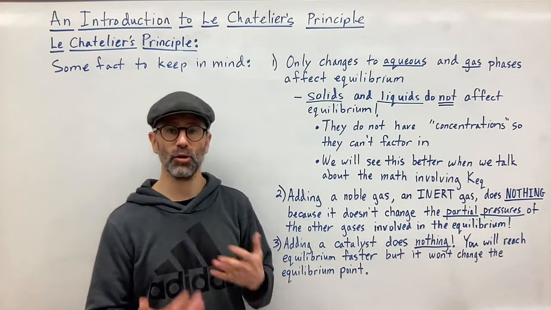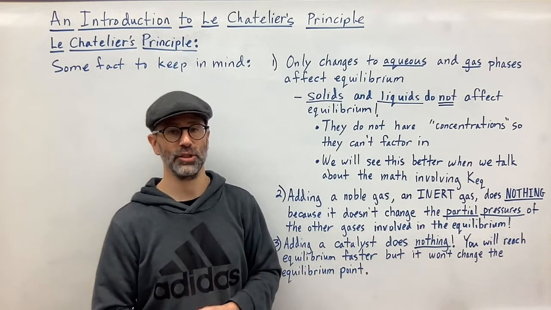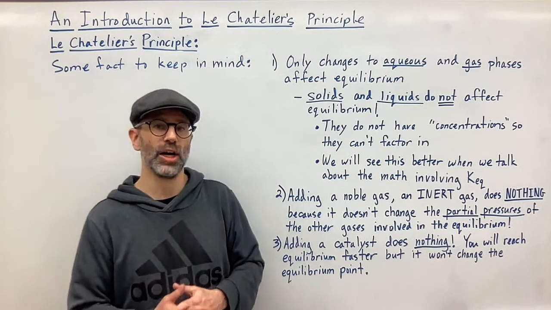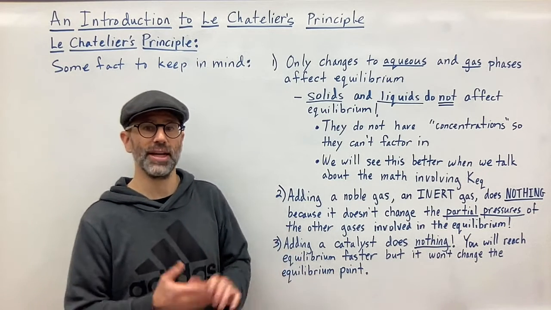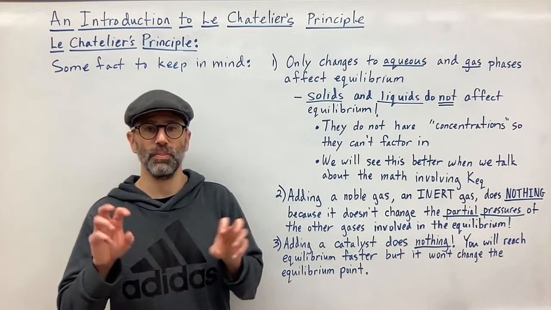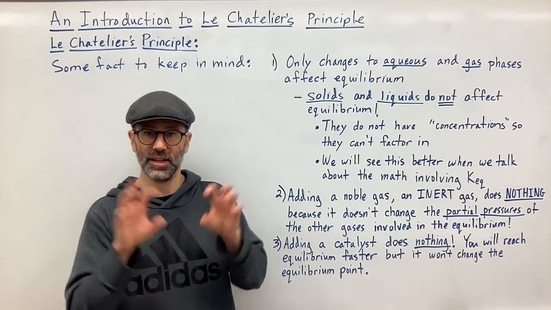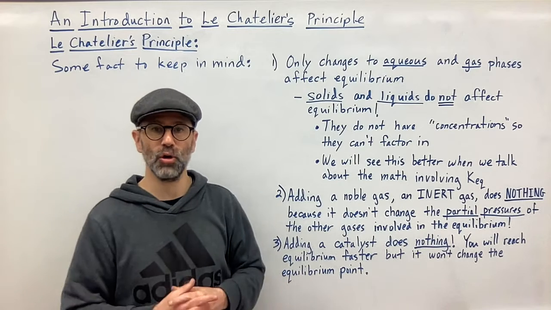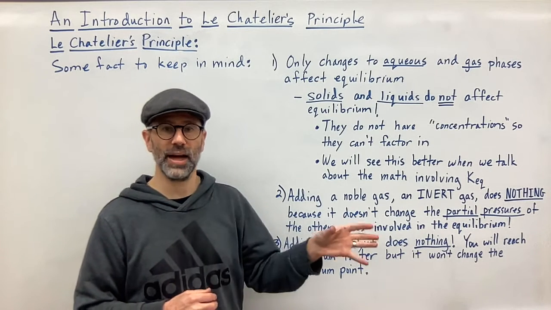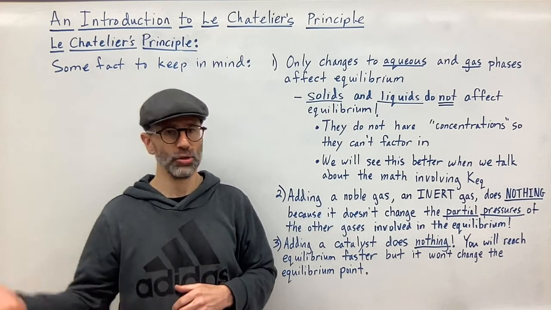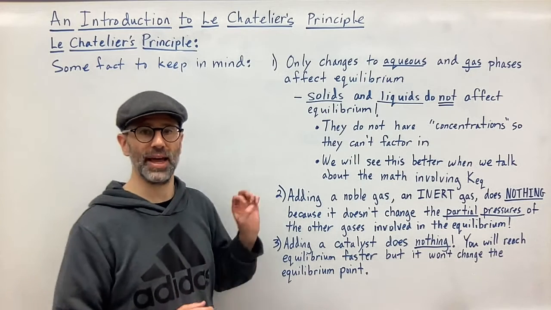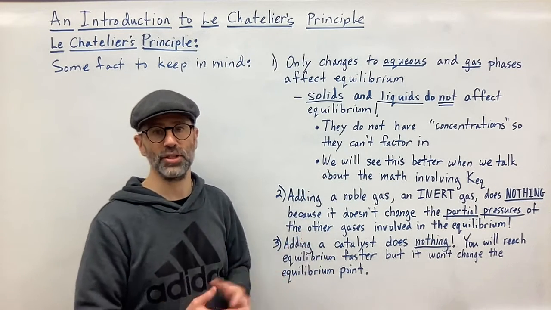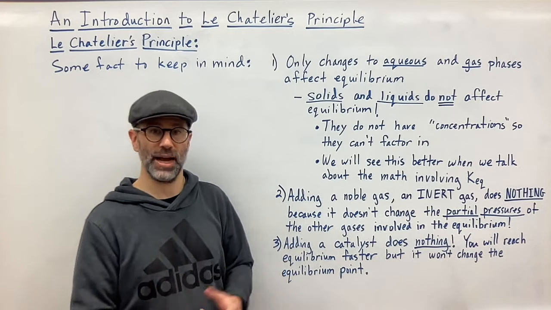So if you remember Dalton's law of partial pressures, it says that the pressures of a gas are independent from each other. So you can calculate the individual pressures of the individual gases that are mixed together, and then add them up to a total, because the partial pressure of one gas doesn't affect the partial pressure of another gas. So throwing a noble gas in the mix won't affect the partial pressures of the other gases in your reaction